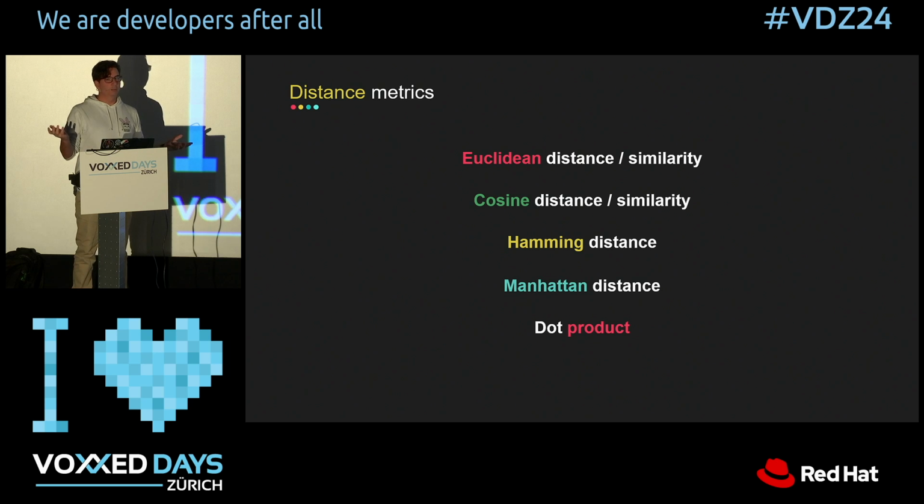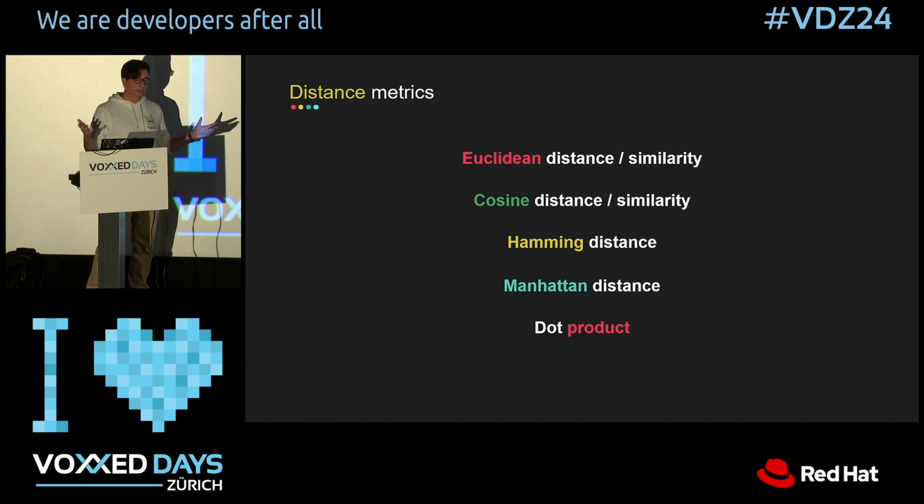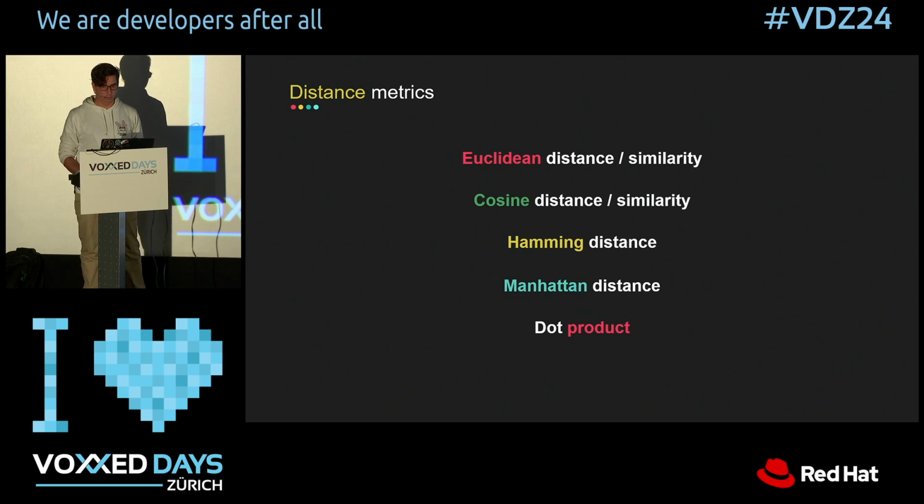Or similarity. Does anybody know the difference between distance and similarity? Okay, so when you're asking for distance, you're asking how close certain objects are to each other. And when you're asking for similarity, you're asking how far apart some objects are to each other. Now, I know what you're thinking. It's exactly the same. That's what I thought. But basically, if a distance is close to 0, that means two objects are very close to each other. And if the similarity is close to 1, that means the two objects are close to each other.